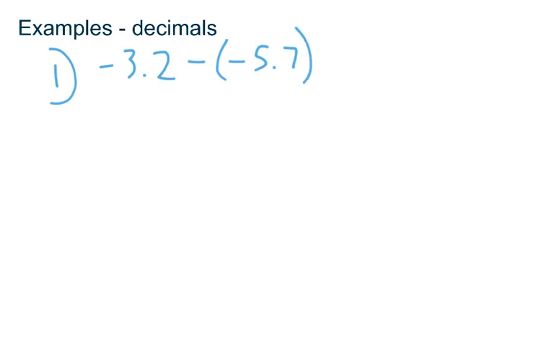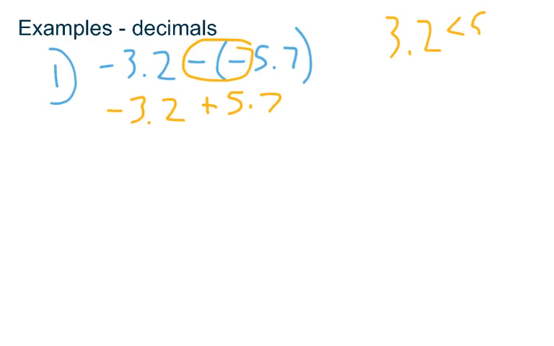5.7. So what I'm going to do here is first clean up my problem so I can see what's going on. I have to address these negatives. So I'm going to go negative 3.2, and then when you have back-to-back negatives, it becomes positive 5.7. All right, now take a look at the numbers I have. 5.7, 3.2, which one is larger? Well, 3.2 is less than 5.7, and 5.7 is the positive one, so that means my final answer will be